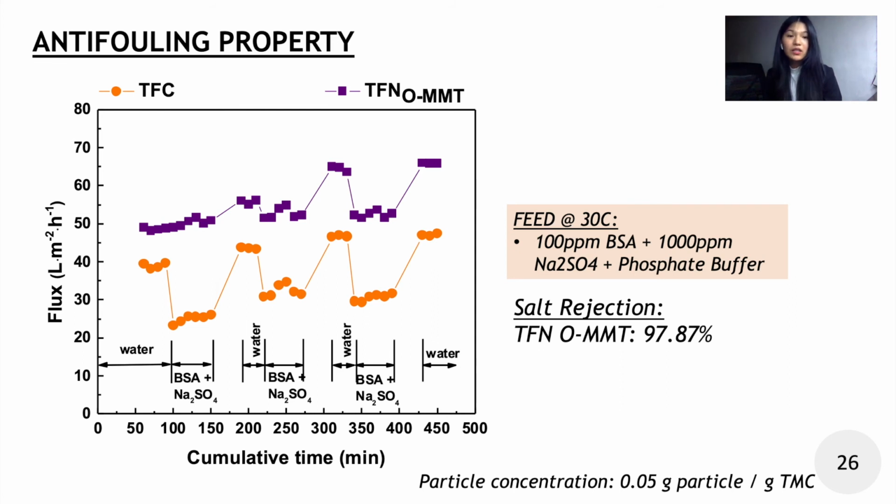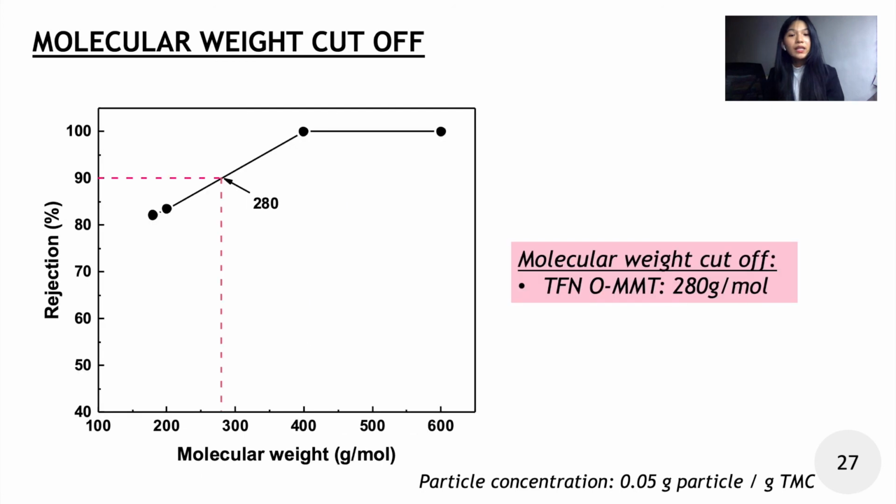we examined the salt rejection of the TFN-OMMT membrane after the anti-fouling test, and it maintained a high salt rejection of 97.87%. TFN-OMMT has a molecular weight cutoff of 280 grams per mole, which agrees to the molecular weight cutoff of the